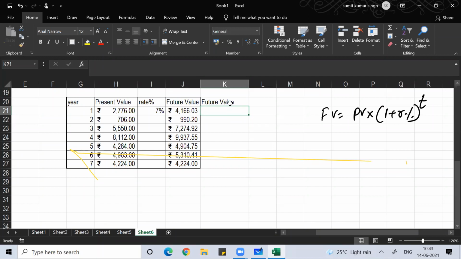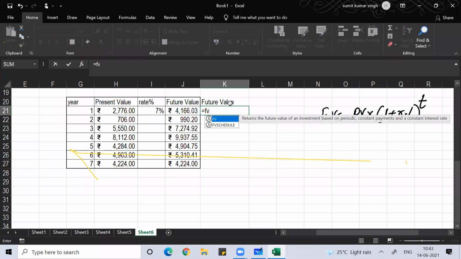Plus, many people are very good in commerce, but may not be very good in mathematics. They are very good in calculation, very great investors, but may not be very good with mathematics. So there are certain formulas in Excel. You just need to write equal to FV. FV means future value. You don't need to remember this formula. Open bracket. Rate. What is the rate? 7%. Comma. Fix that cell because that should continue. So press F4.